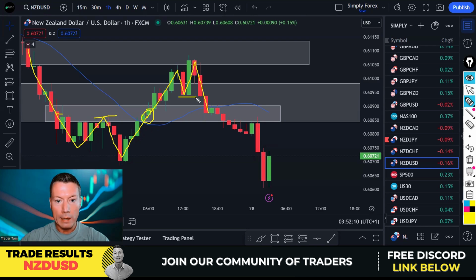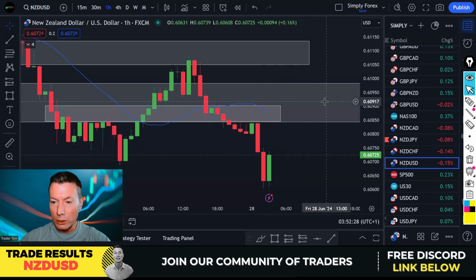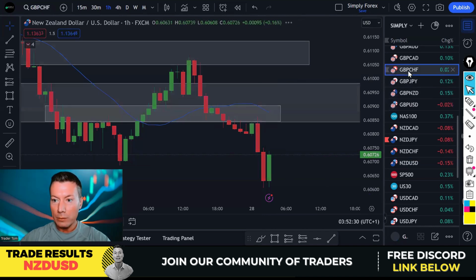Yeah, we got a break of this low with this candle here. You could have started selling here, stop loss above here. Yeah, and my first target would be back down to here. And you would have made some profit on New Zealand US dollar as well. So those were the two US dollar pairs. And now if we look at pound Swiss franc,